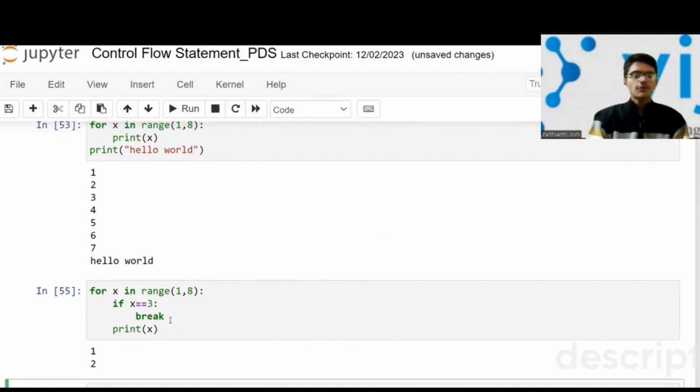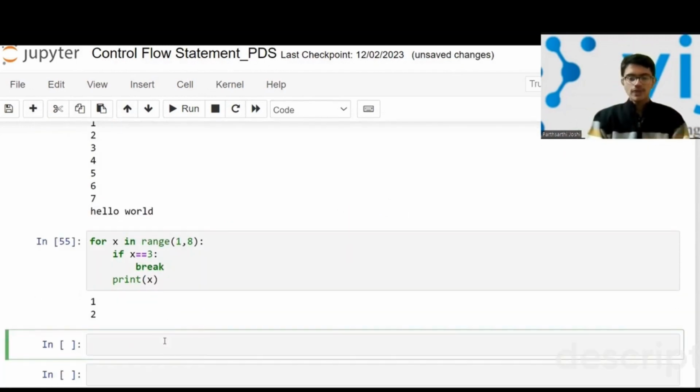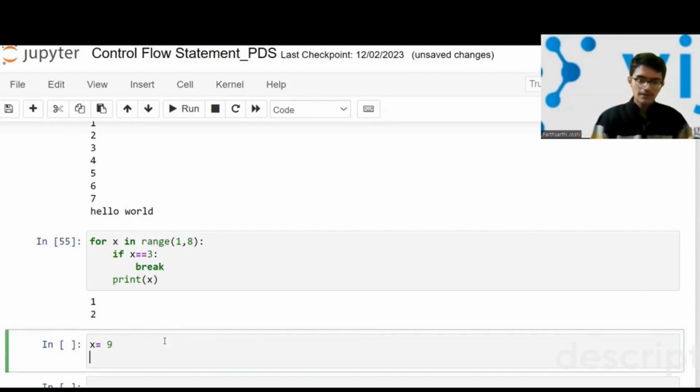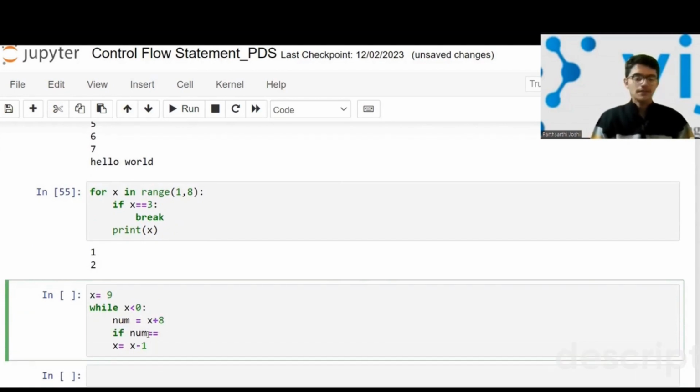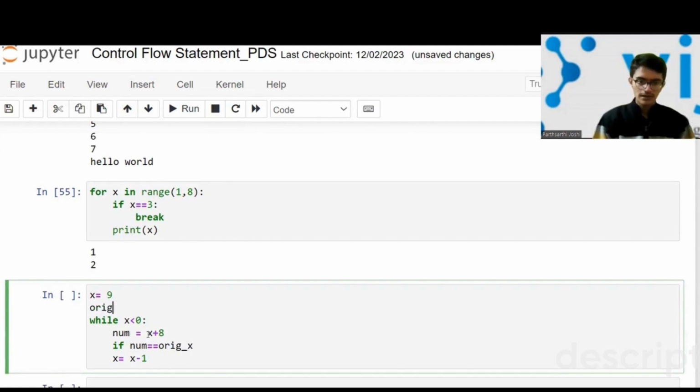You can do it similarly for the while loop also. If you write it inside the while loop, then it will break it. While x equal to 9, and I'm writing while x is less than 0, x equal to x minus 1, and let me write here something. I create num equal to x plus 8. Now I am giving here a condition if num is equal to original x, and let me create here something called original x equal to x,